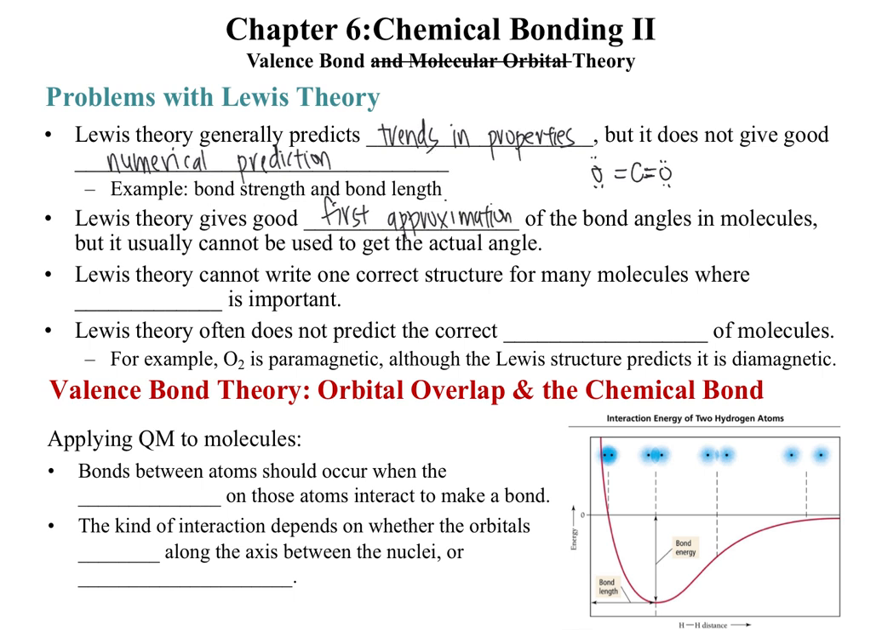It doesn't quite explain that. Lewis theory also doesn't help us write one structure where we have resonance available, so we have to write multiple resonance structures in that case. It also doesn't predict the magnetic behavior of molecules, so whether a molecule will show up as paramagnetic or diamagnetic. For example, oxygen is paramagnetic, but we wouldn't know it from its Lewis structure. And so we also talked about